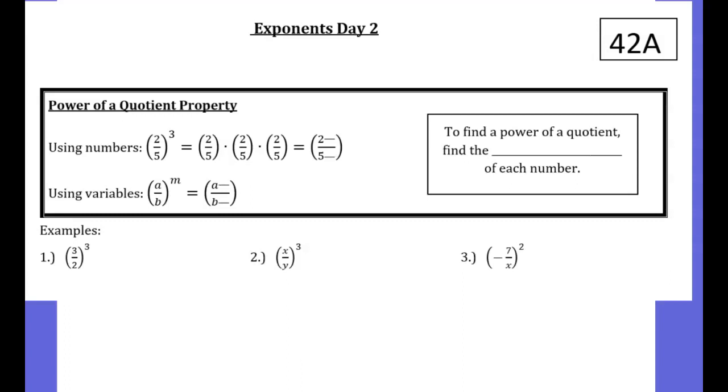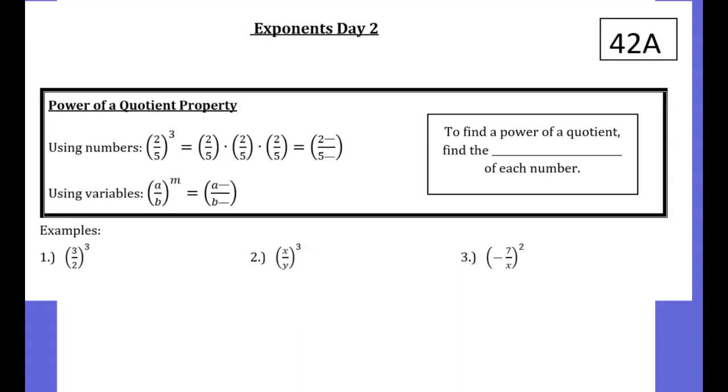Hey guys, welcome back. Today is day 42 and we're going to continue talking about the properties of exponents. It's really important that you understand all of the properties that we did in day 41. So if you don't have knowledge of that, please go back to day 41 first because we're kind of adding